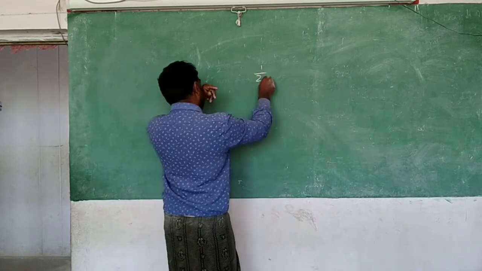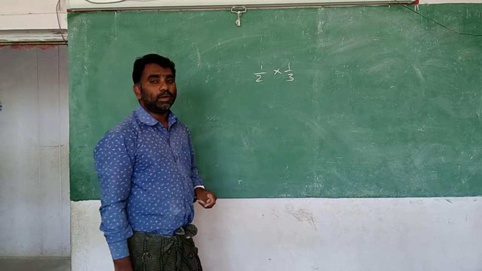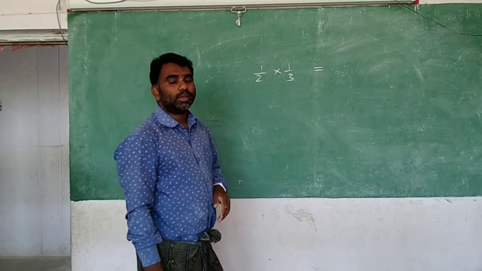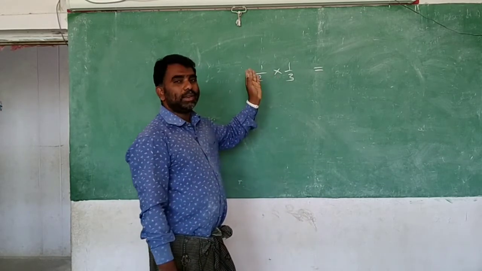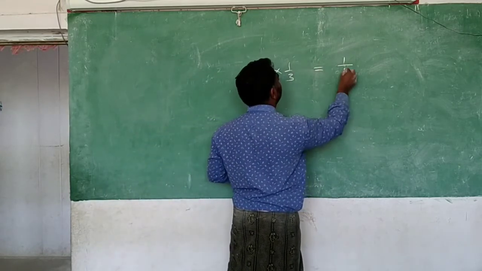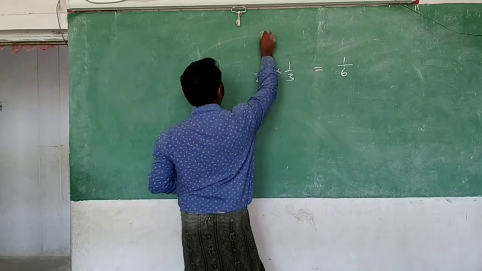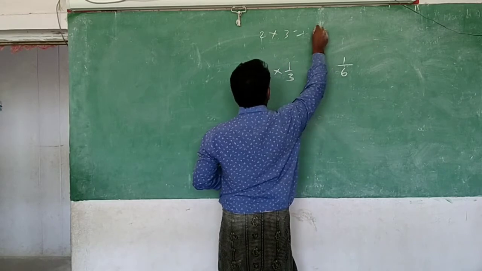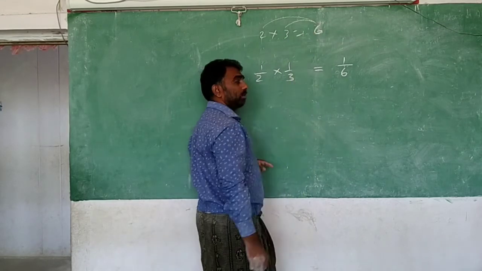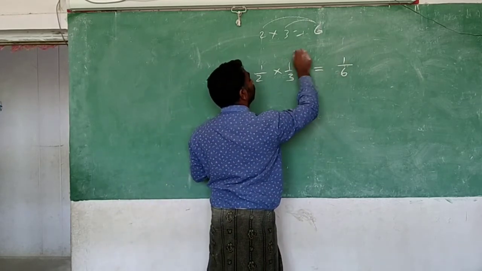So you can see this, I have given 1 by 2 and 1 by 3. So multiply 1 by 2 and 1 by 3. I gave you the idea how to multiply. So 1 by 2 into 1 by 3, multiply numerators and multiply denominators. 1 ones are 1, 2 3s are 6. So this is the product. In normal numbers, this product is always more, 6 is more than 2, 6 is more than 3. But in this you check it, 1 by 6 is not more than 1 by 2.